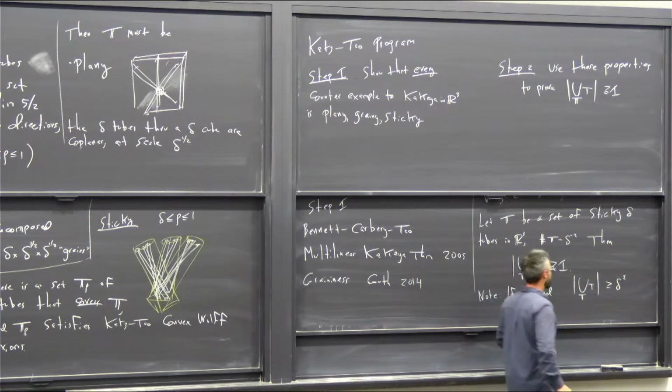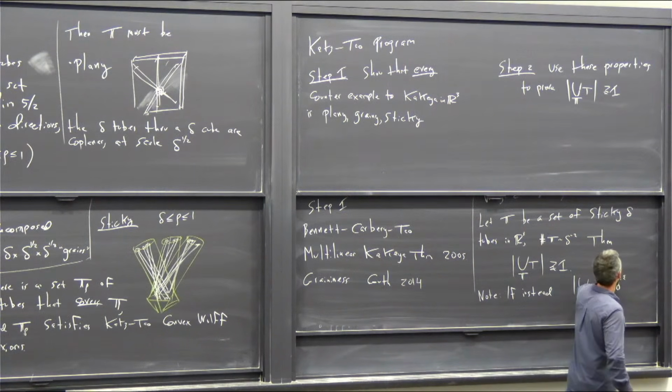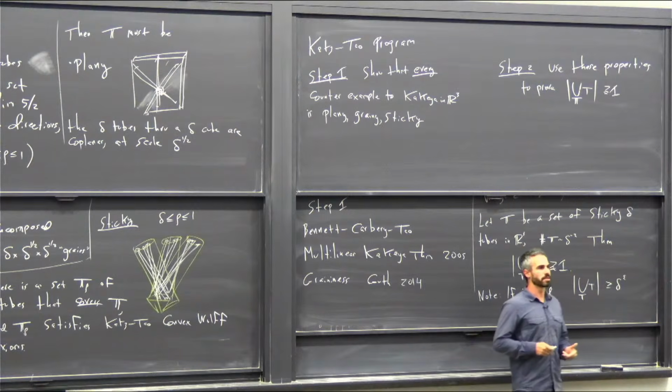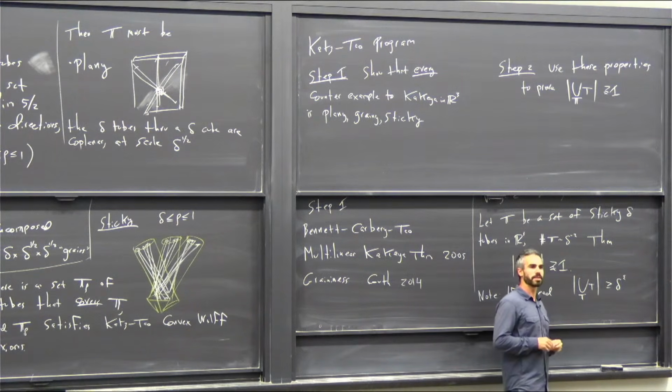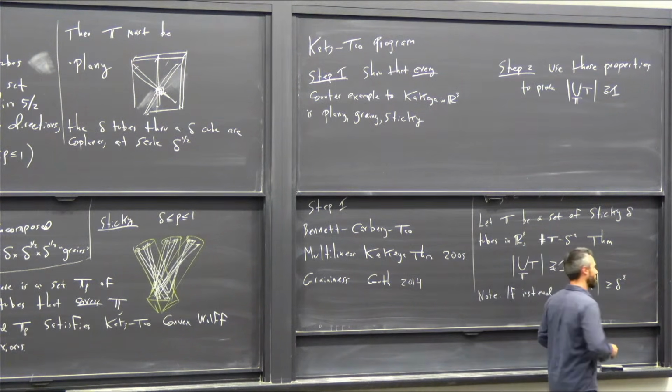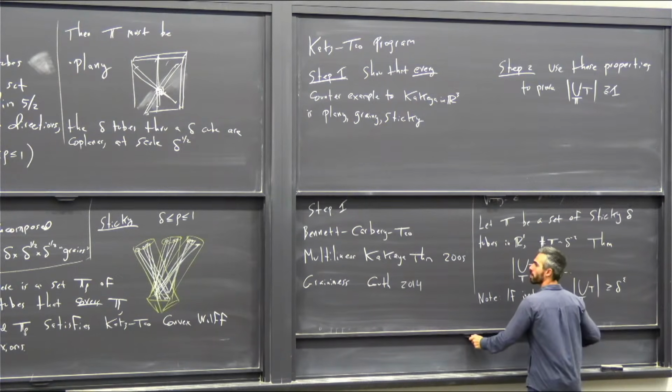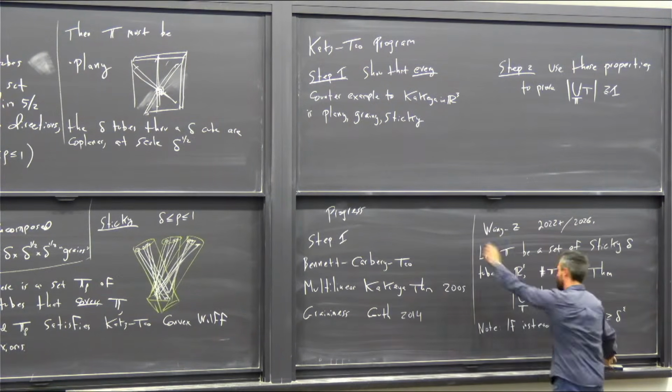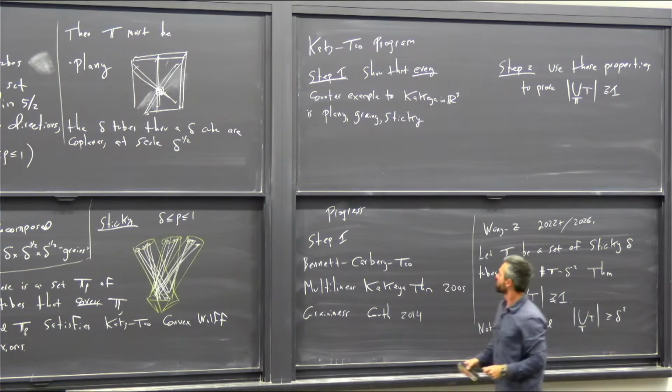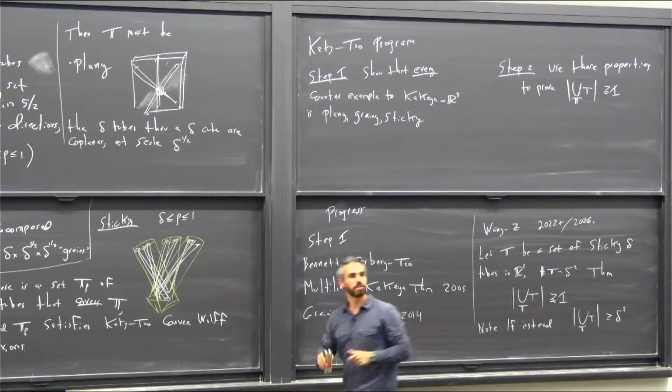So this is relevant because more or less what it's saying is that our sticky Kakeya theorem is stable under slight weakening of the hypotheses, and that will be helpful when proving the full Kakeya theorem. OK, so I want to spend the next 20 or so minutes giving a sense of the proof of this